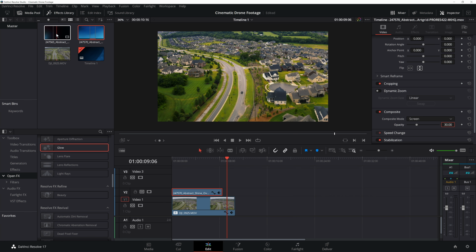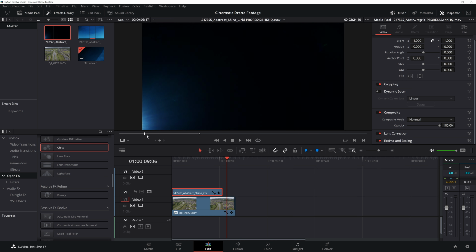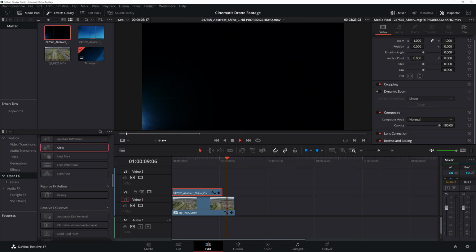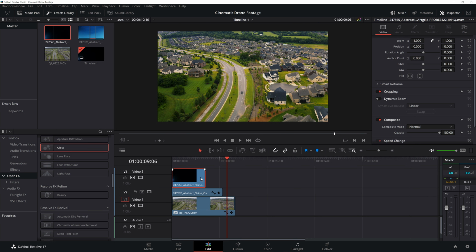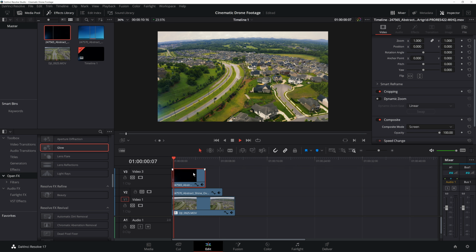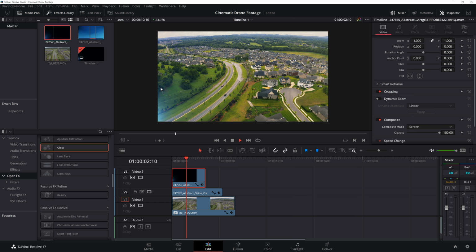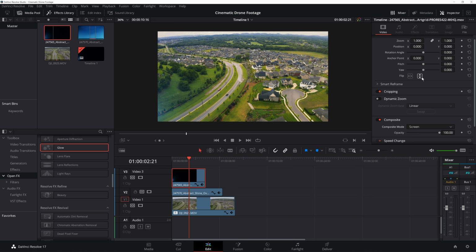But one thing I'm going to do is add one more. I have this other one that's pretty cool. It's just this little flickering. So I'll move this onto the clip, go back to our composite mode, and turn this to screen. And this is happening at the bottom of the screen. It should be happening where the sun's coming from. So I'm going to flip this